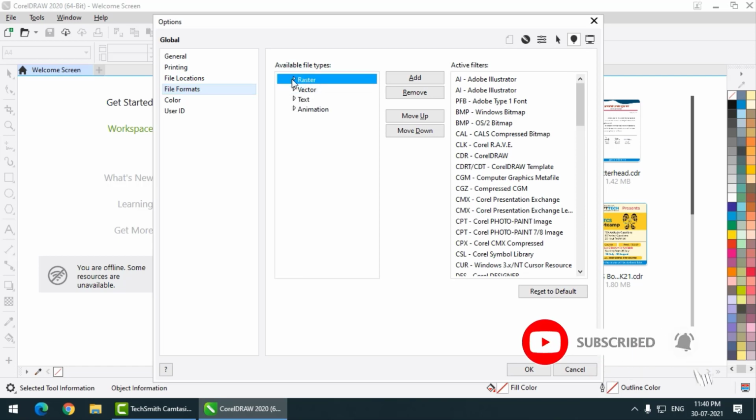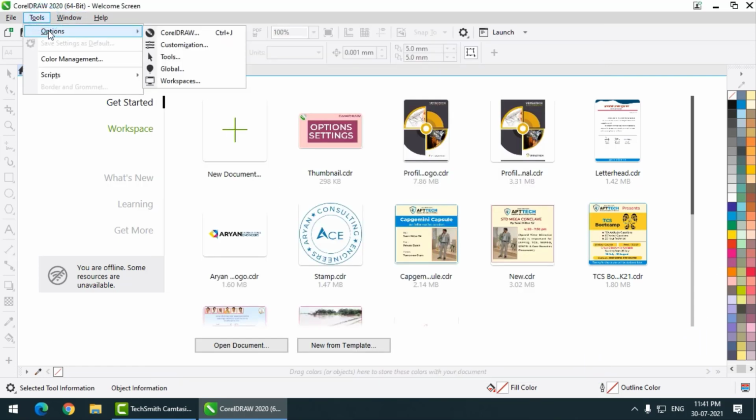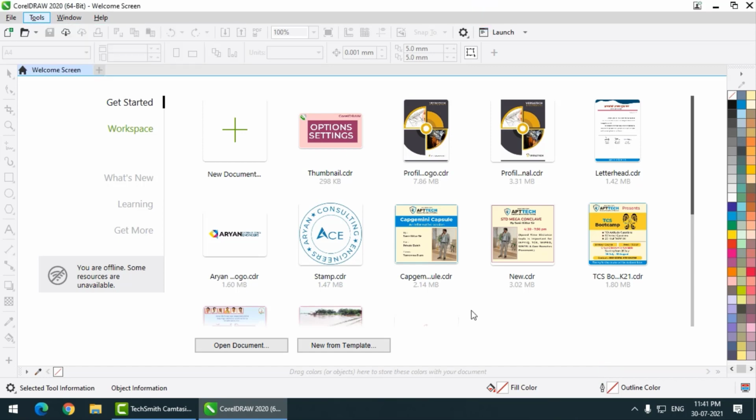So if you want to dig deep, you can check all these options. But for beginners, you can check all the options which are present in the options menu, and keep in mind that if you want to change the default values, you can change them by using the options value.